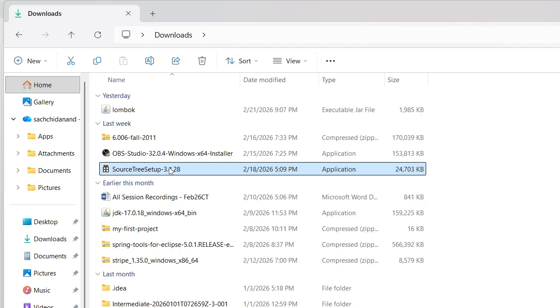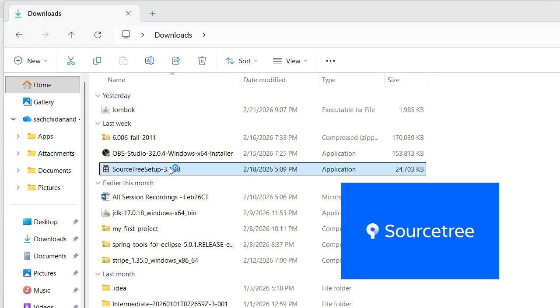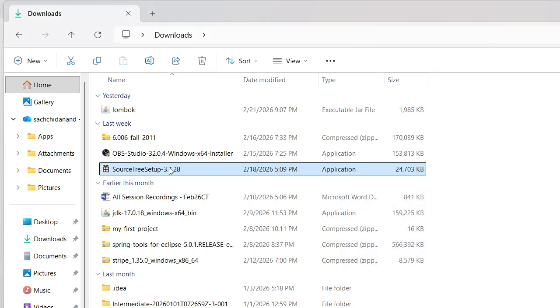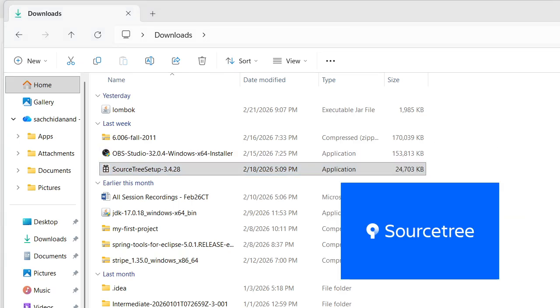It will come in a minute. So yeah, it's coming. It's getting some delay. Yeah, you can see SourceTree is coming freshly. So I've downloaded from there, and you can see this is the